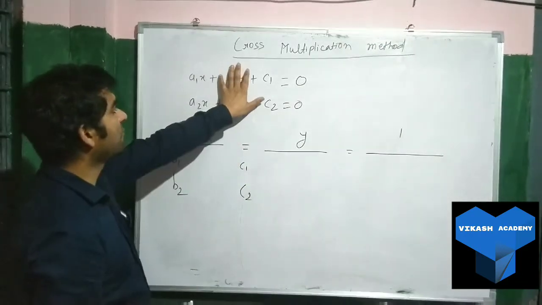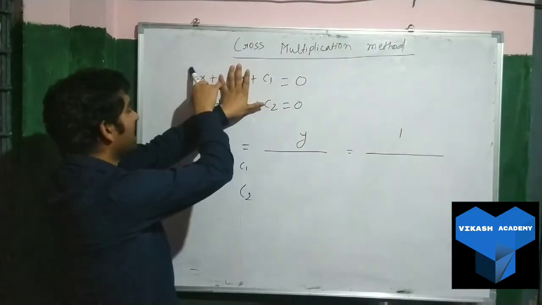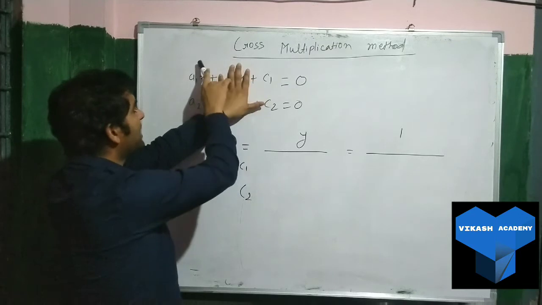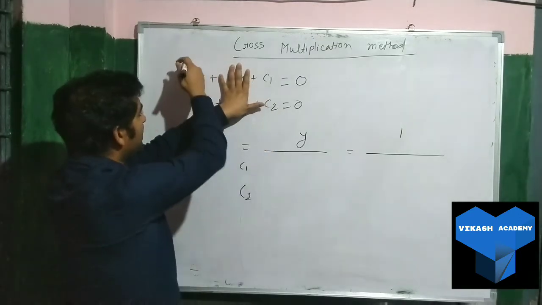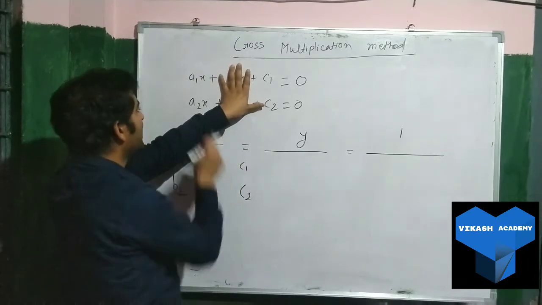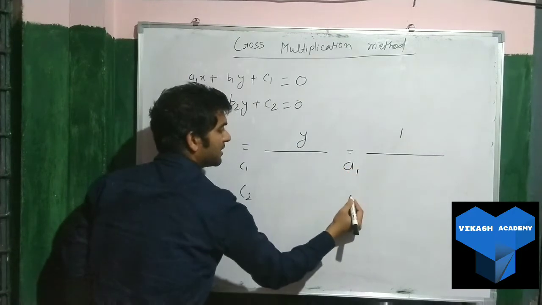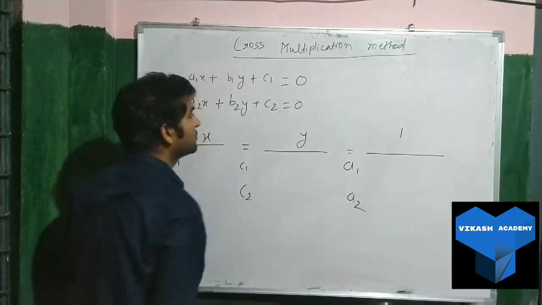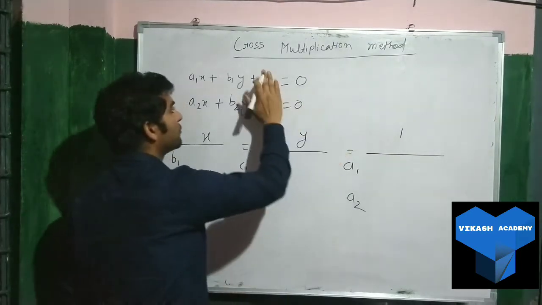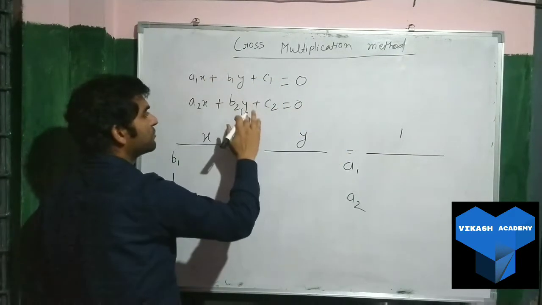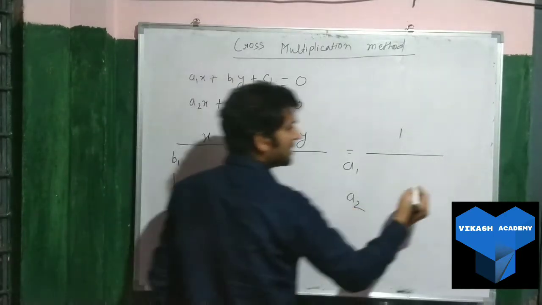Next, for the y value, you cover the y part. For c1 c2, which one will you take? You will take the x coefficients, and the constant term. Already c1 c2 is here, so you write a1 a2 here. Next, if you need to find the value of 1, that part will be covered, so it is a1 into b2, and a2 into b1. So you write here b1 b2.